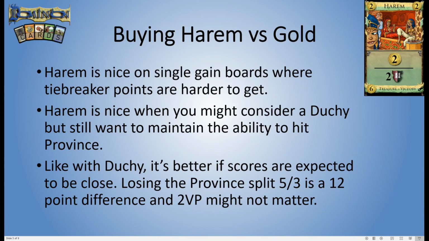However, sometimes you get boards where it's difficult to pick up extra points. So if you have a single gain board, there's no cards that gain, and you've only got one buy, then you might find that actually it's nice to pick up a Harem over a gold just because it gives you those tiebreaker points. In single gain boards, you have to spend an entire turn just to pick up extra points, so something that's giving you points and giving you some other benefit that you wanted anyway can be quite nice